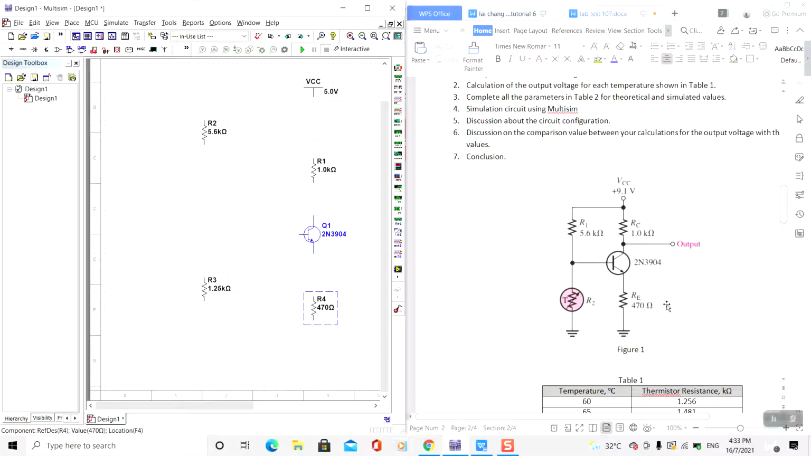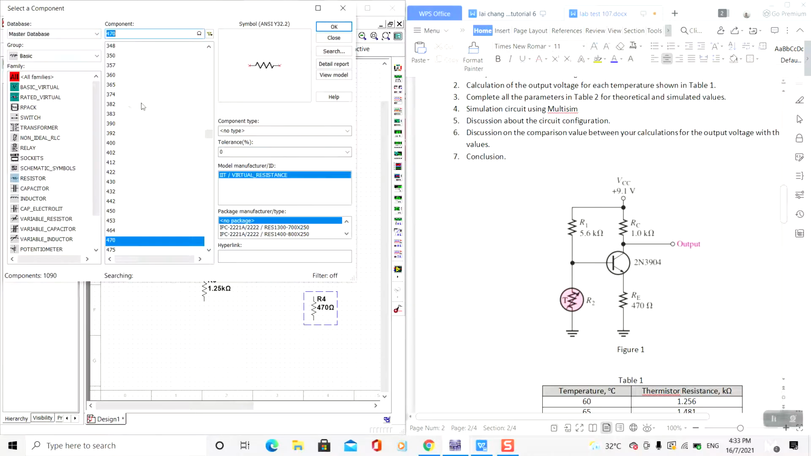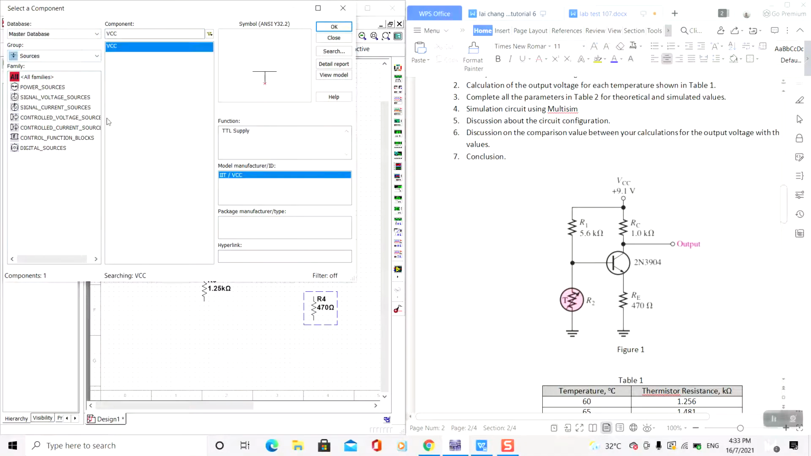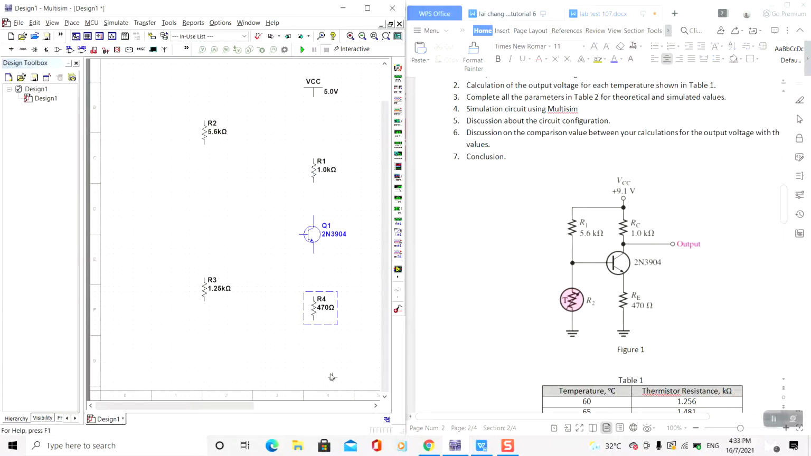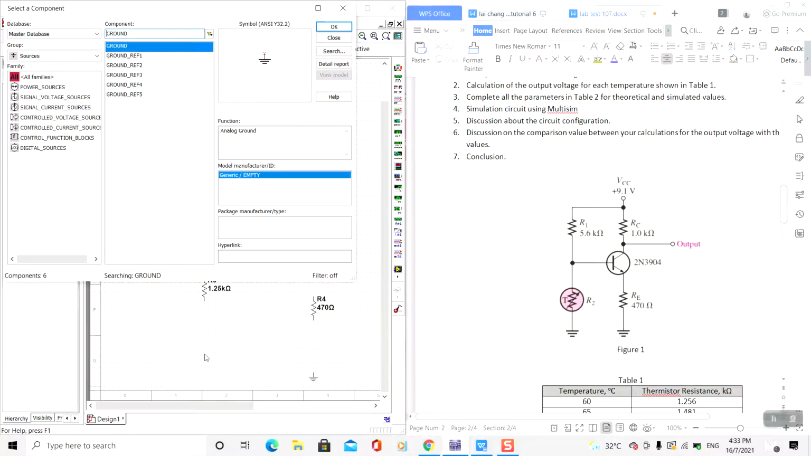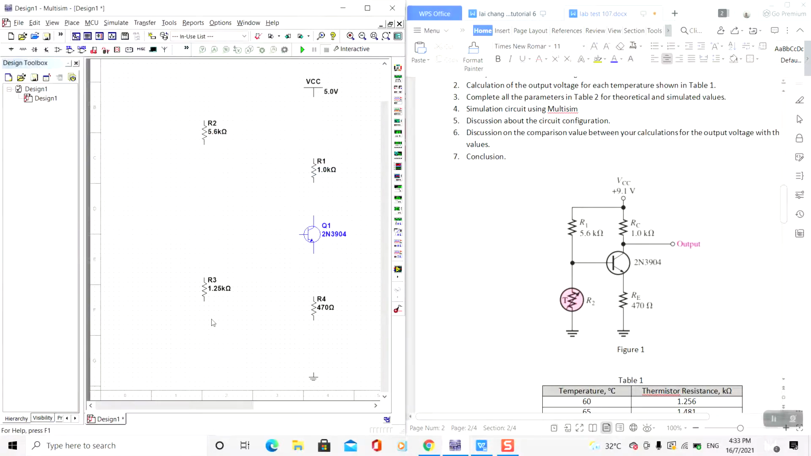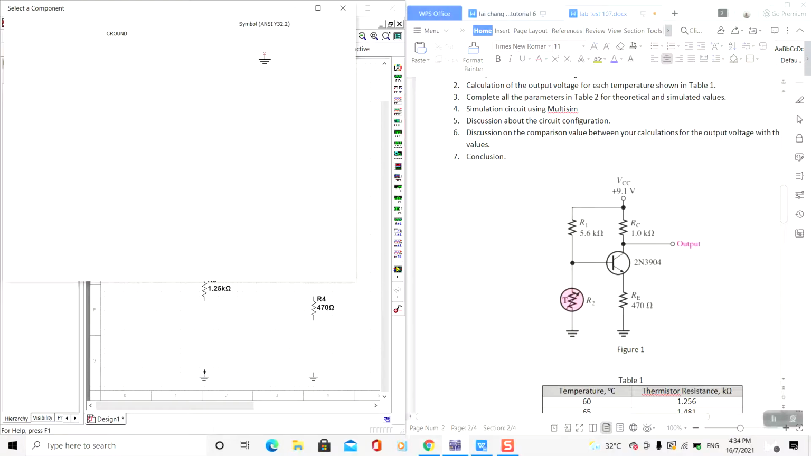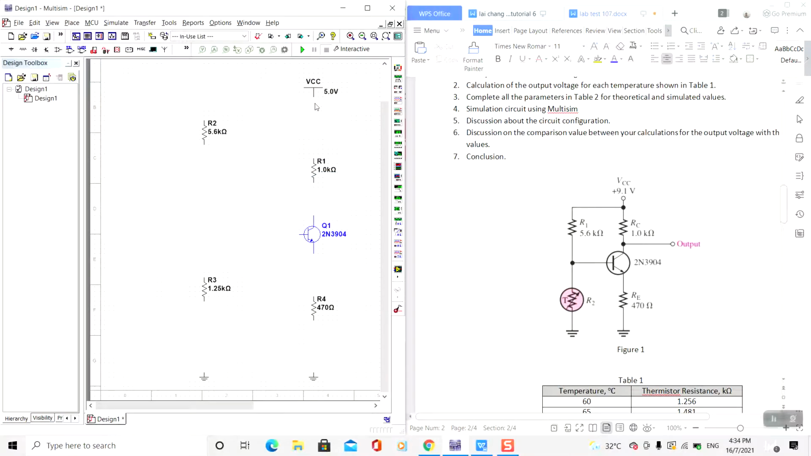For the last thing, we have to put the ground. Same thing, we go to component, go to the source and type ground. Then we click OK. We put one here, click OK another time, and put one here. For the next thing, we have to join all the wires. After we join all the wires here,